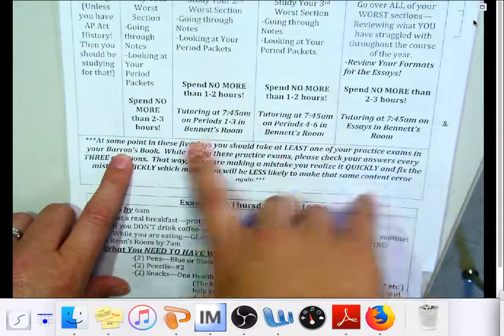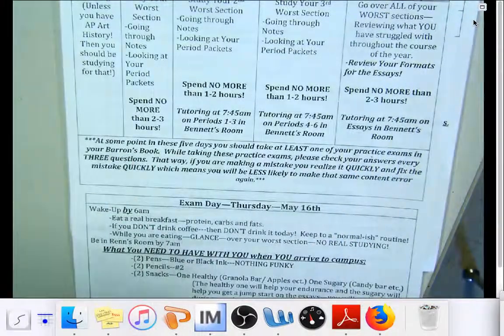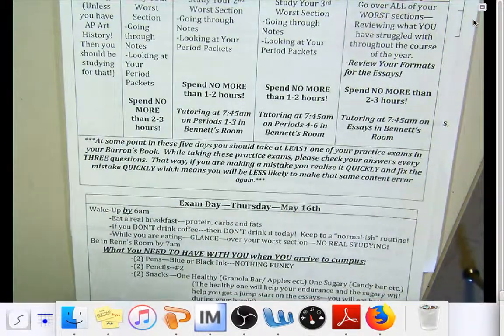Now, ladies and gentlemen, I want you to see at the very bottom. In case you haven't noticed in your bearings book, you have practice tests. You have 2 of them. Okay? Now,